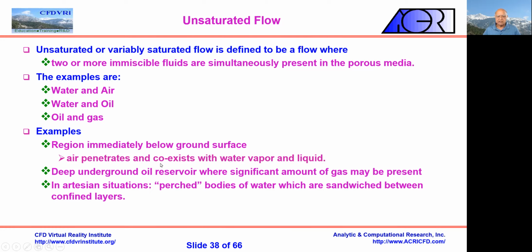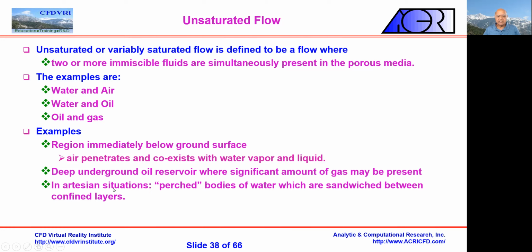This is what gets the plants to propagate. A fully saturated region will not let the plants grow because it would be like immersing something in water all the time. You'd have a hydroponic situation underground, which could work, but I think generally it doesn't because not enough nutrient gets into it. So deep underground, in an oil reservoir, a significant amount of gas may be present. So oil and gas is that.